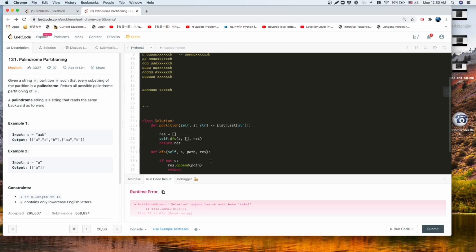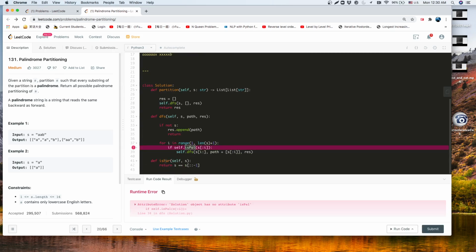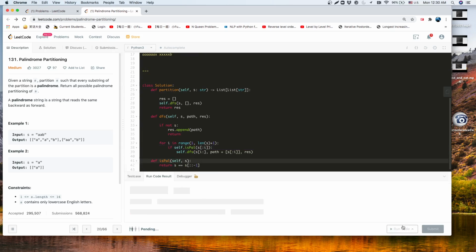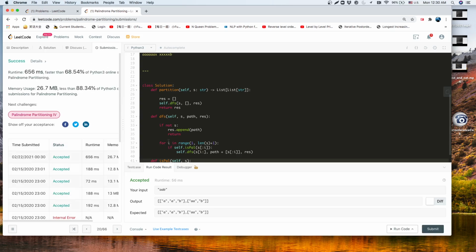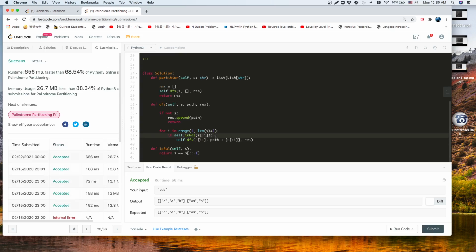Wow, this is not right because the isPal, the naming is wrong. Okay. I think this will work, and there's another way to do that, and typically in Java or C++, people usually do that by using path append, and we're gonna append this part because we know this is backtracking. So basically we literally just add it and pop it back